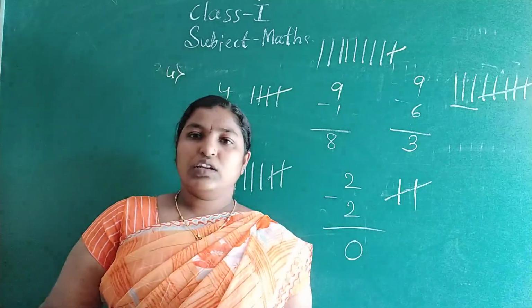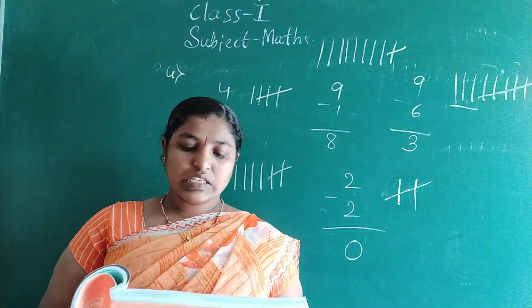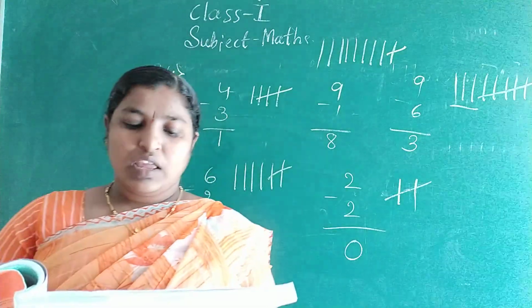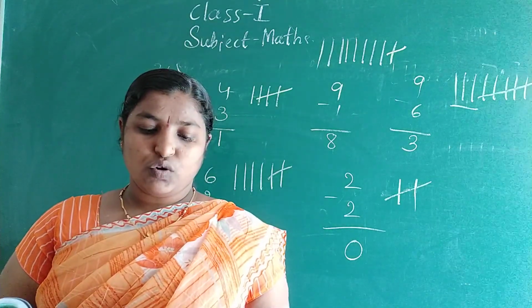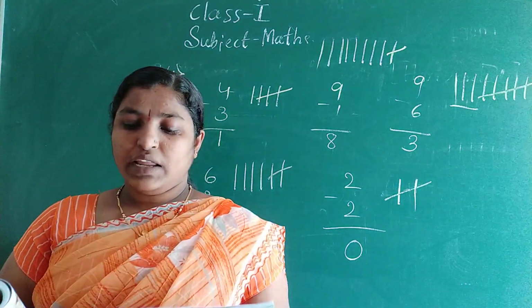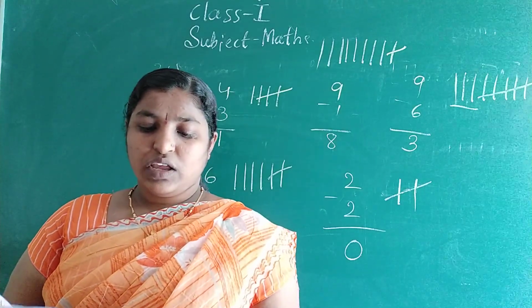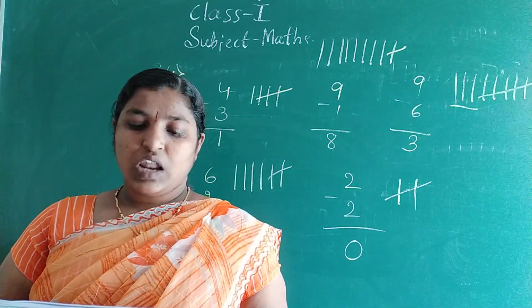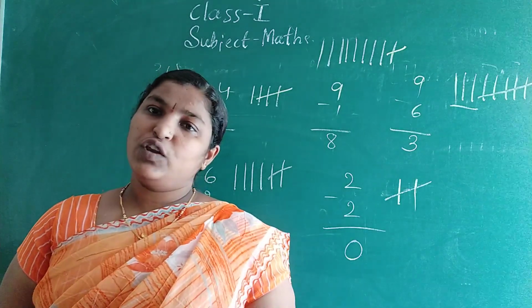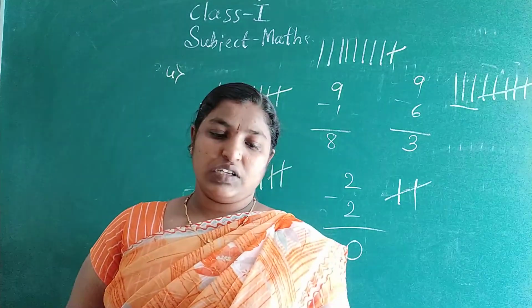Activity, project work. Divide the class in groups of 3. Each group will play with 2 dice one by one. Make a note of the readings. Keep adding the numbers on the dice. For example, 3, 4. Here 3 plus 4 is equal to 7. Okay. Now you are not in the class. When you come to class, we will surely do this activity.